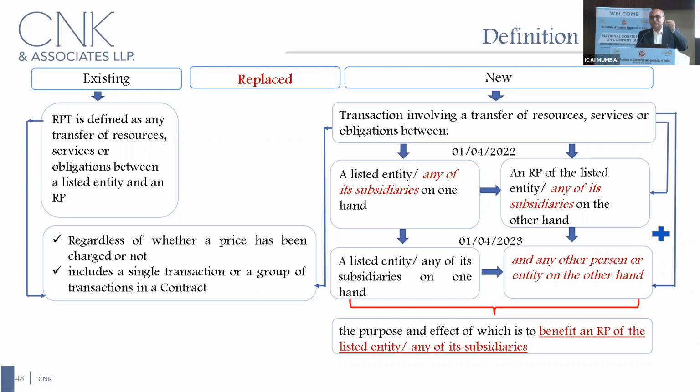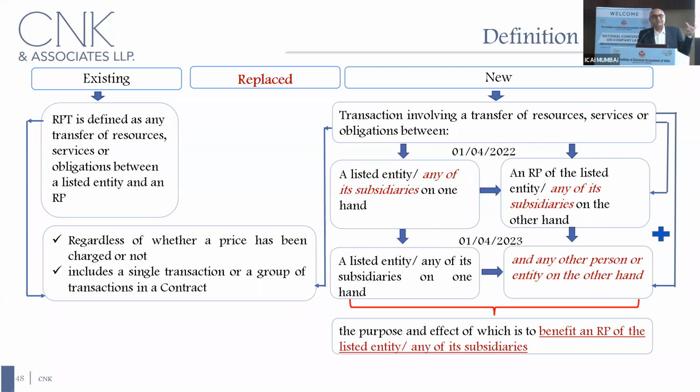So if you have got, say, Reliance Industries, it has got 100 subsidiaries. Out of that 100 subsidiaries, Reliance has transactions only with 10 subsidiaries. But the remaining 90 subsidiaries do a lot of transactions between each other, not with Reliance Industries. Now, from April 22 onwards, all transactions between those 90 subsidiaries also become reportable in the financial statements of Reliance Industries, not necessarily in the balance sheet, but at least to SEBI every quarter on quarter basis. You can imagine how